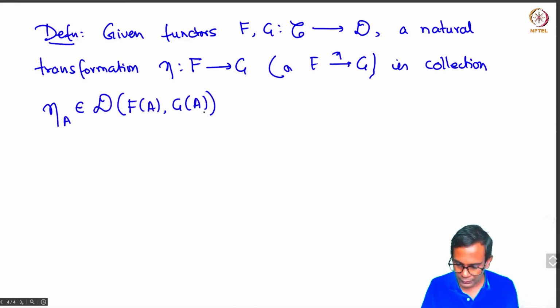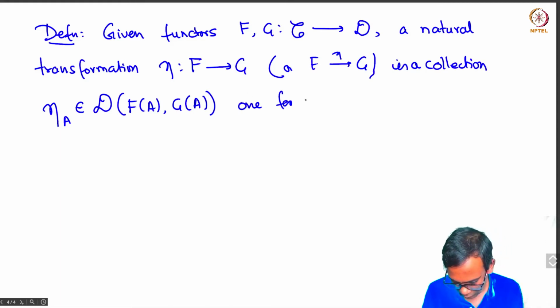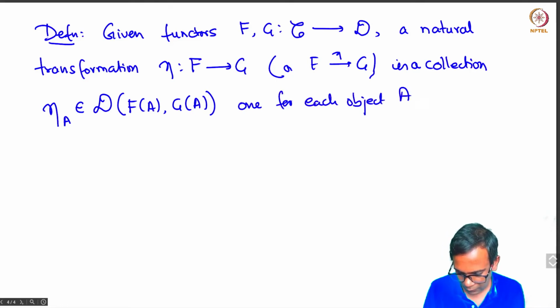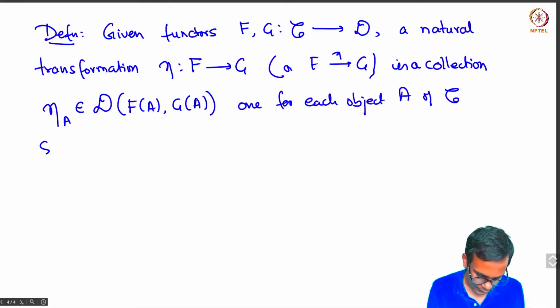It is a collection of arrows, one for each object A of C, such that